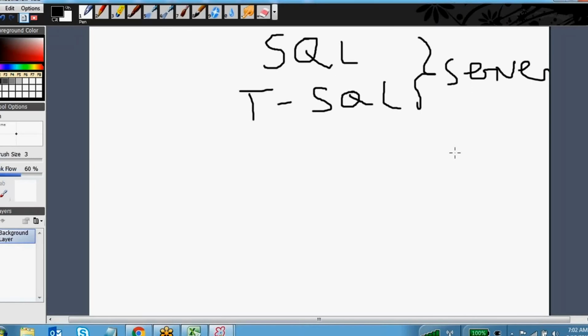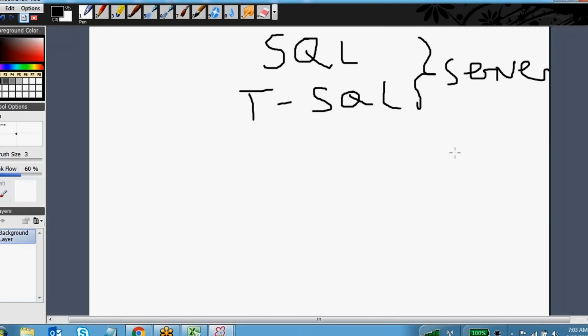And there are other RDBMS systems also, MySQL, Teradata. So these are some popular RDBMS systems. Why are we calling these RDBMS systems? Because these are relational database management systems. You can make relationships between the tables in this system.